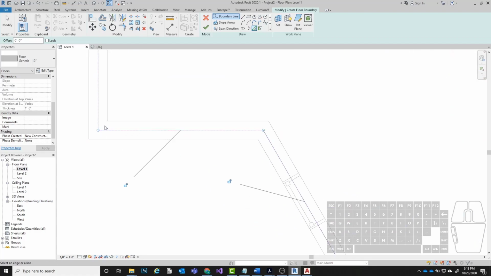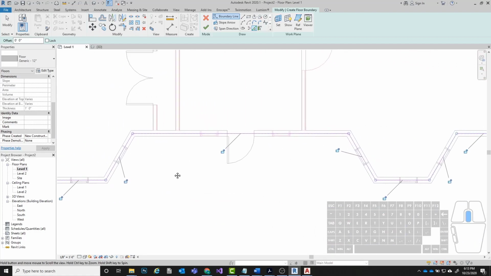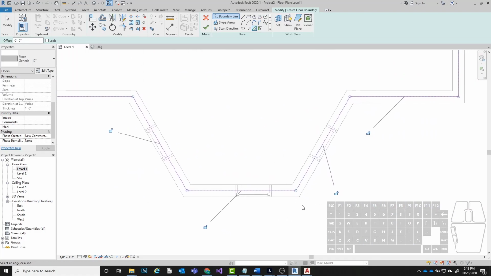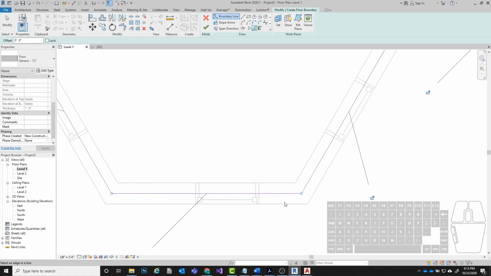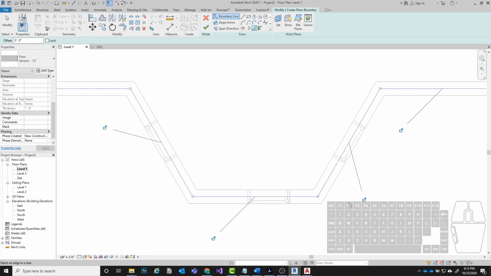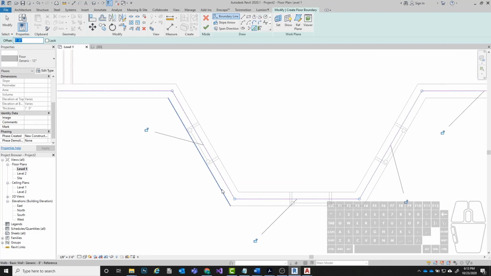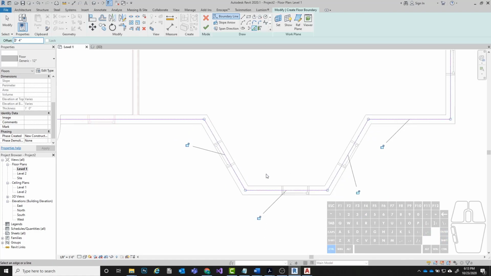But we need this to extend all the way to the edge here, okay? So right now they're in the center line of the walls. We actually have to get these to the outside of the walls. So we can change this little offset option here to 4 inches, since we know this is an 8-inch thick wall. So if I switch that to 4 inches and hit enter, and then I try that again,